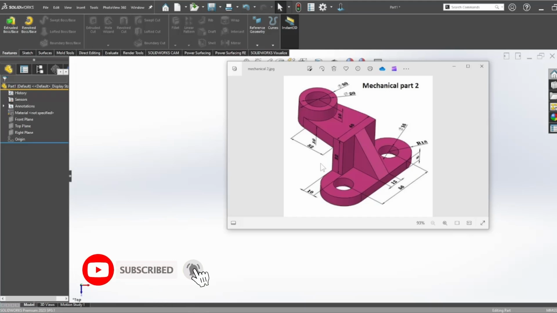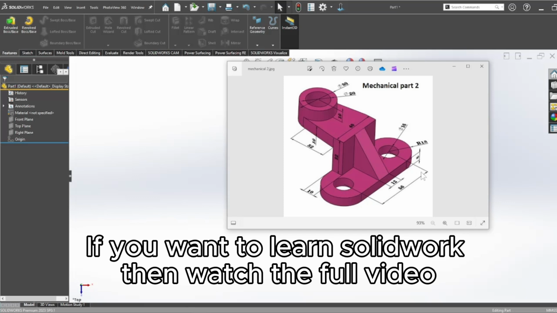Today we are creating this mechanical part as per the sizes shown. Let me tell you in detail about this drawing. This outer is 18. Inside there are two holes, it is 16. The hole center to center is